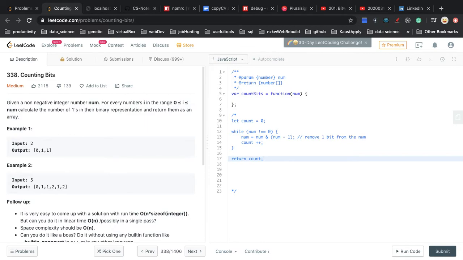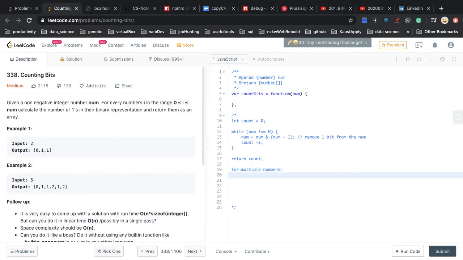In this case, we can define a function, and then do a for loop over all those numbers and use this function to get the number of ones, but that will exceed the time limit. So that is not what we are looking for. What we are looking for is, for multiple numbers,